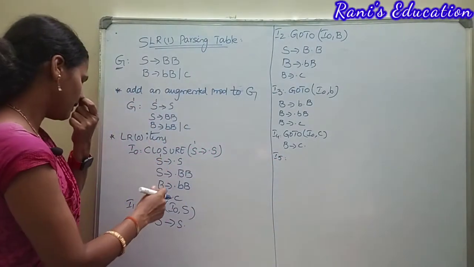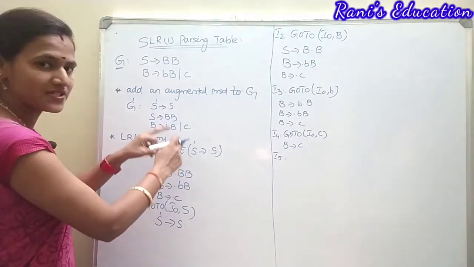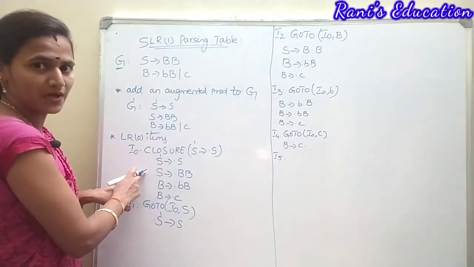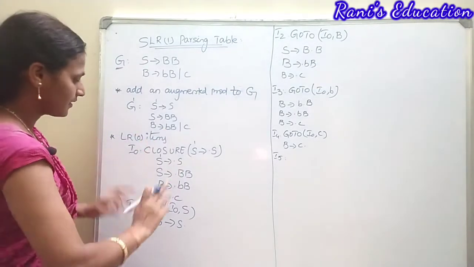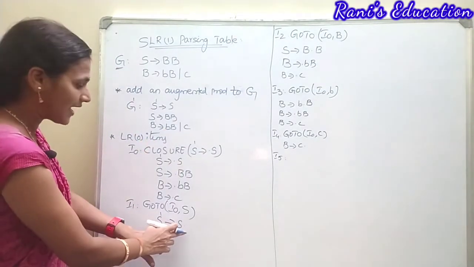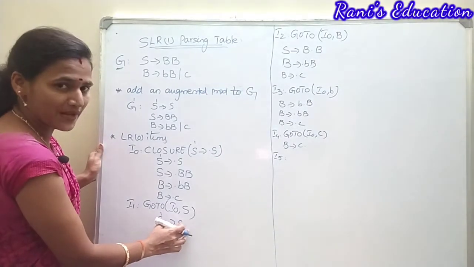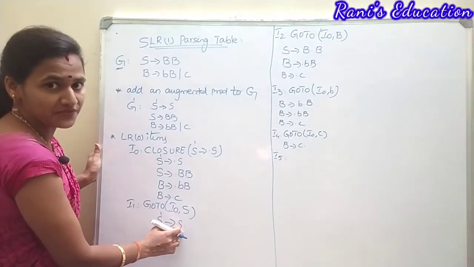Now you can observe we have used all the symbols which are defined at the start of the RHS with respect to the I naught item, right? So we have used them. Now move on to I1. In I1 the item is completed. Why? Because here the dot is placed at the end of the body of the production.